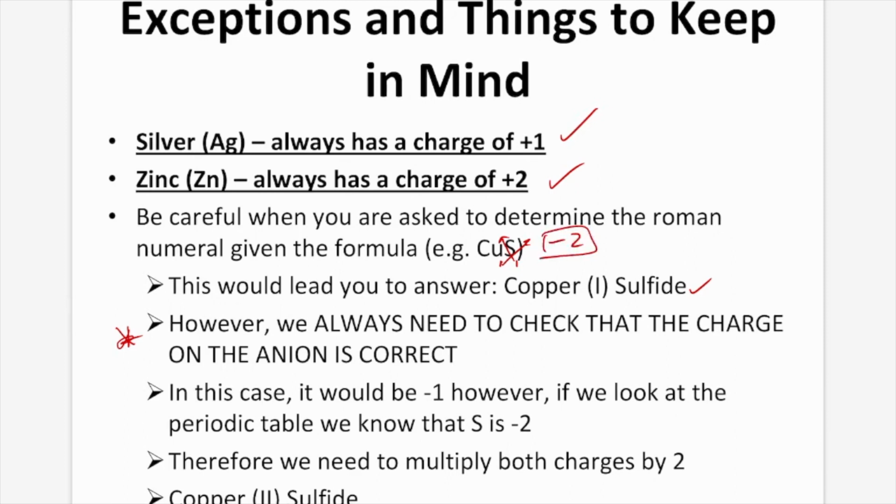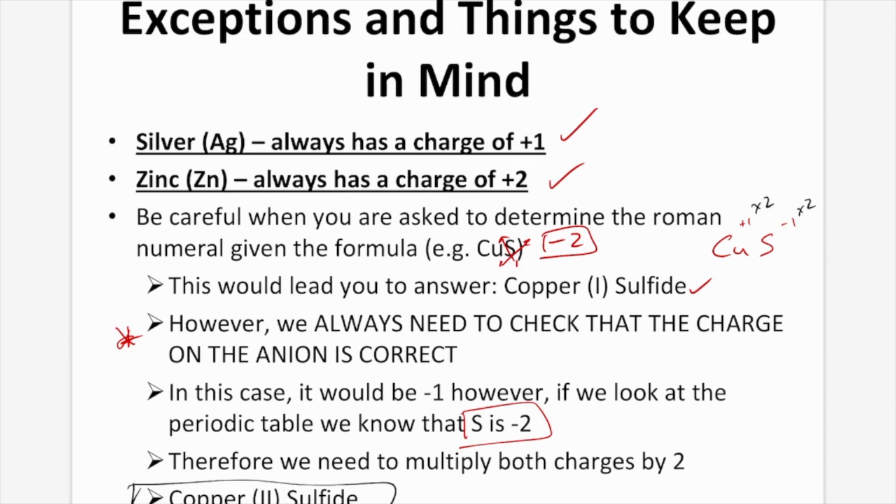However, if we look at the periodic table, we know that sulfur is -2. Therefore, we need to multiply both charges by 2 to get it there, right? Because you brought the 1 up by the sulfur. So it was Cu, also write it over here again, Cu S. The 1 was up here, as in it was -1, and this was like +1. We know sulfur is -2, so we multiply it by 2, multiply that side by 2, so we get copper